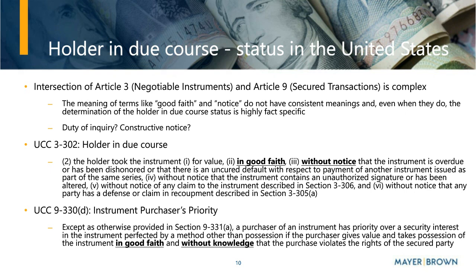Those two different versions of Article 3 address these two issues, good faith and notice, slightly differently, and oftentimes come to different results. So, for example, in the United States, most people know there's a filing system or a personal property lien recording system that many people who do secured loans or purchases of receivables are familiar with, because those types of interests need to be recorded in order to actually be effective. And the way that these two principles are dealt with in light of that system will vary depending on where you are in the U.S.